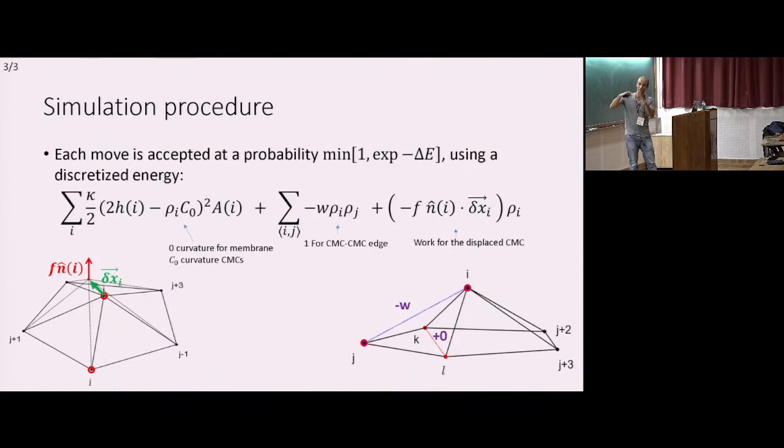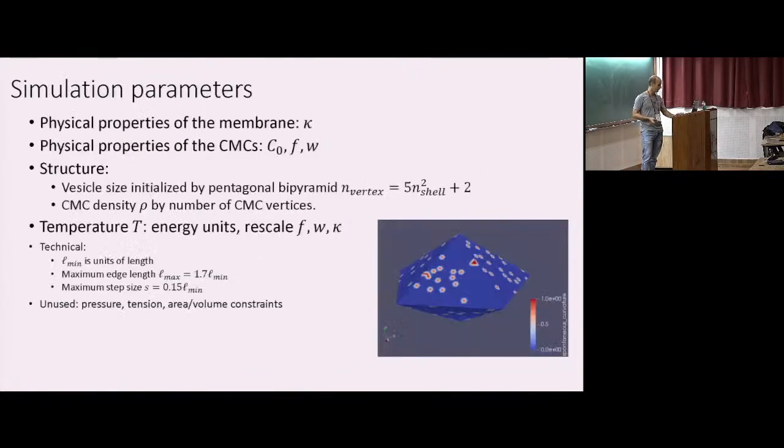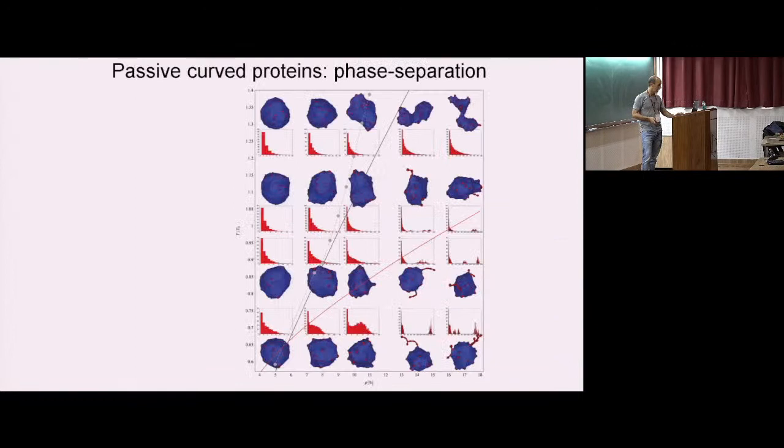Although it looks to you like a triangular solid, we constantly flip the topology locally with these Monte Carlo moves so that each node can actually diffuse around. So it is a fluid, and we can show that things are diffusing around it. Okay, so if you have this system and you begin to simulate, and you have these proteins which are curved